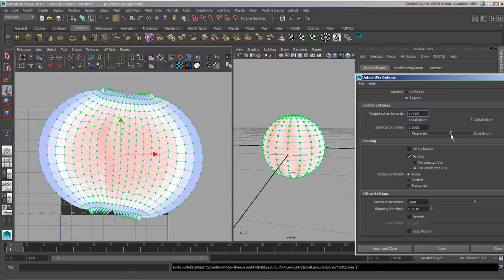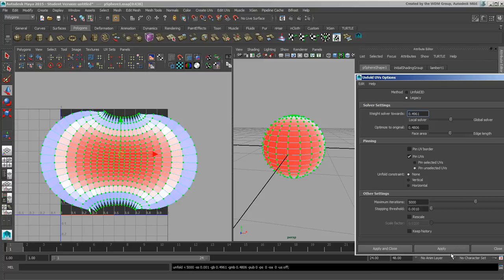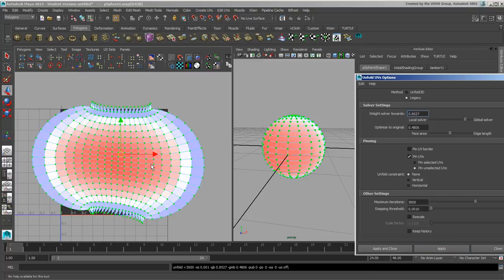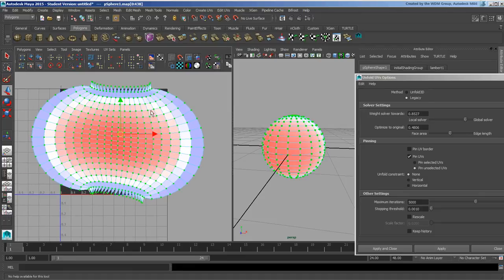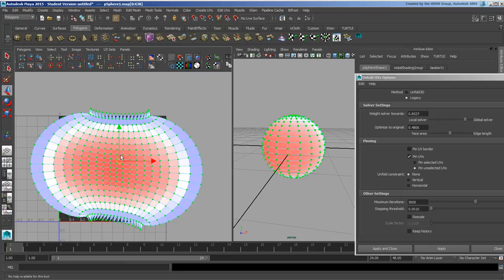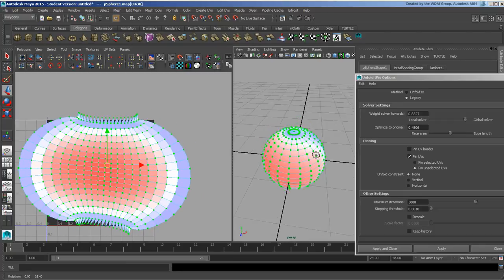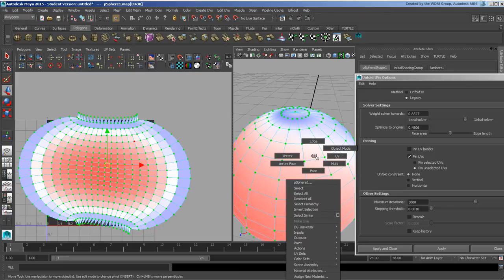So you can try and find in-betweens, happy mediums. Sometimes they do interesting things. You can go in between a global and local solver, try and balance these things out in order to get something that works well for you. But again, ultimately what you want to do is cut this into more pieces in order to get a better end result. So if I were to do that here,